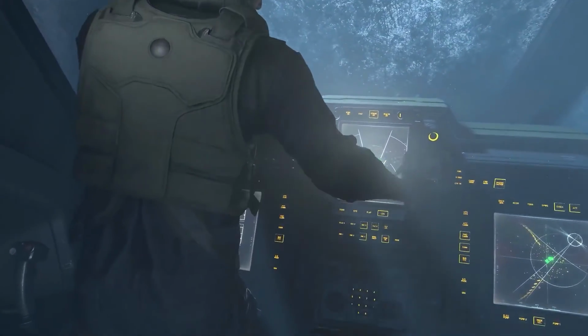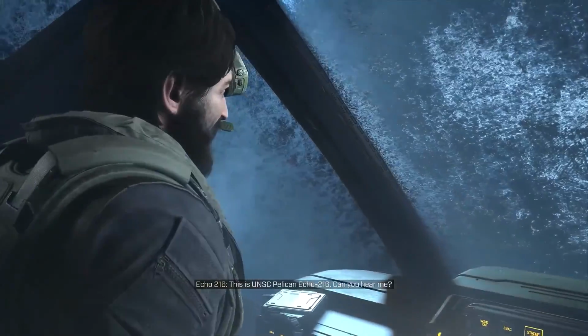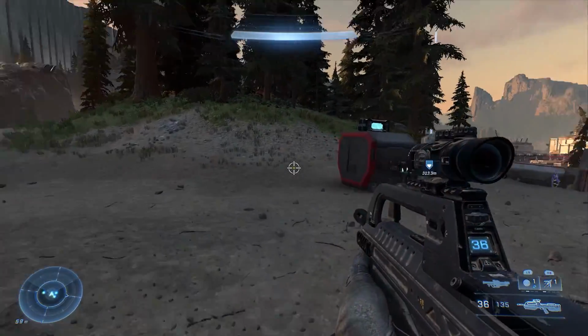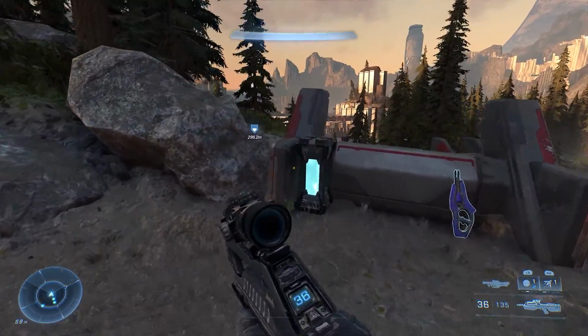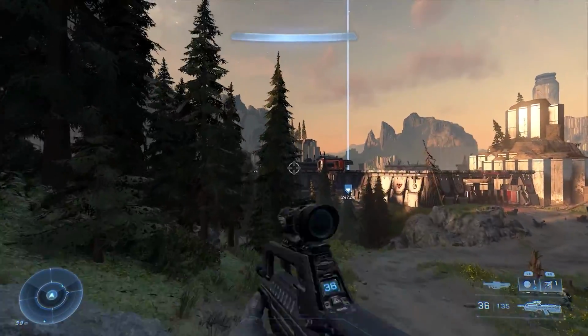Most importantly, the Master Chief's new best friend. No, not you, Echo 216. I'm talking about the grapple shot. The grapple shot is by far the best addition made to Halo Infinite. The ability to Spider-Man your way through the Zeta Halo ring is by far my favorite method of travel in